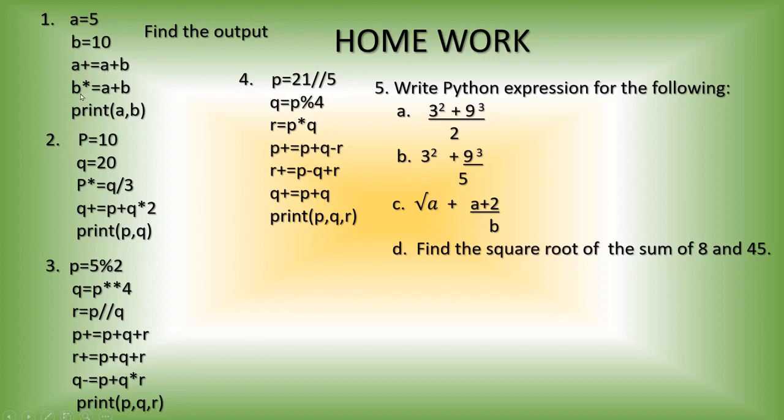Now next we'll come over here, b equal to b into a plus b. B into a plus b, here the augmented form has the least precedence. So a plus b will be done first. After the execution of the first sentence, a will take the new value. New value means that will be 20. Then 20 plus 10, you will get 30. That 30 into b, that 30 into 10, you will get 300.